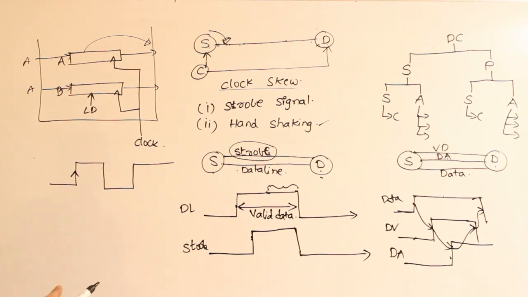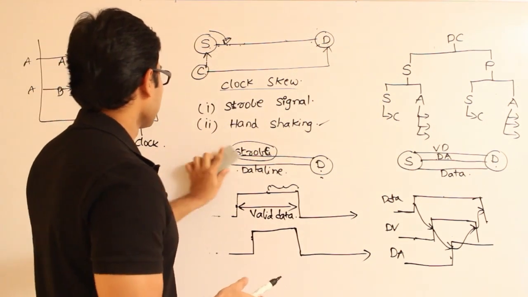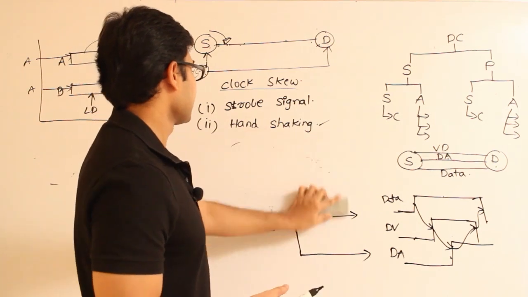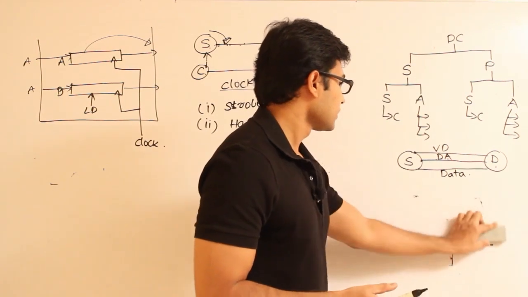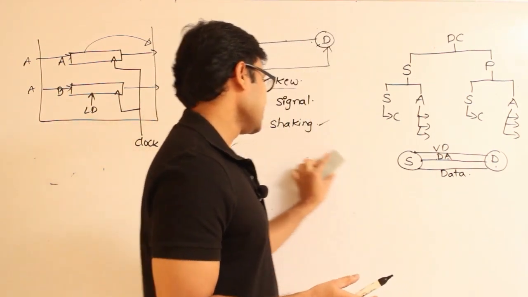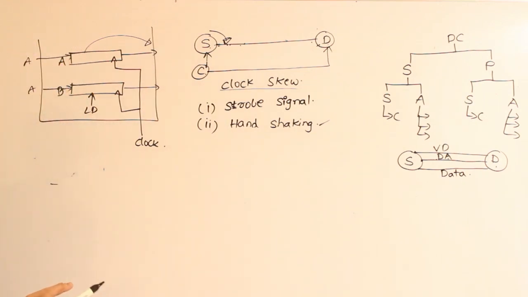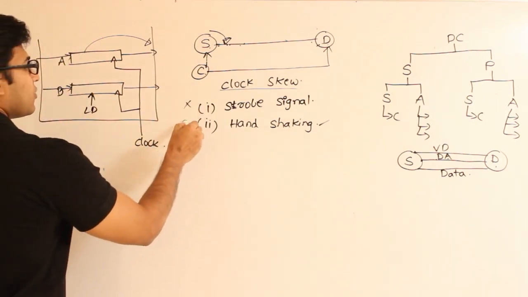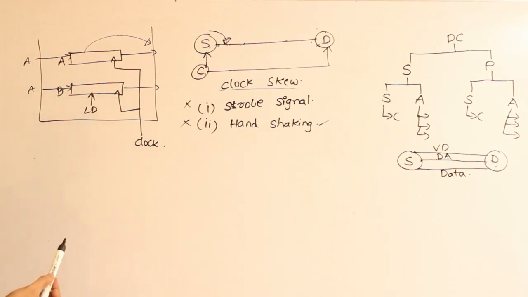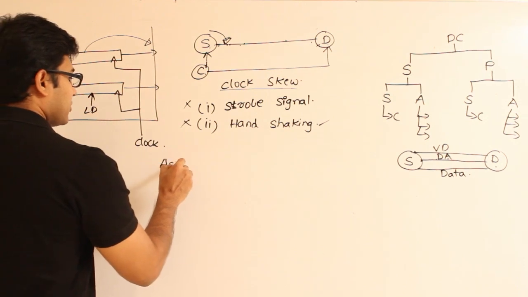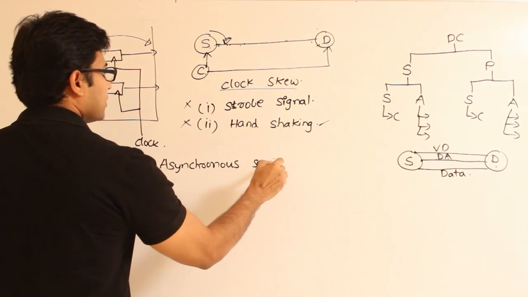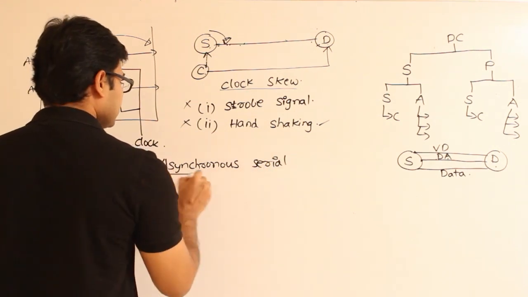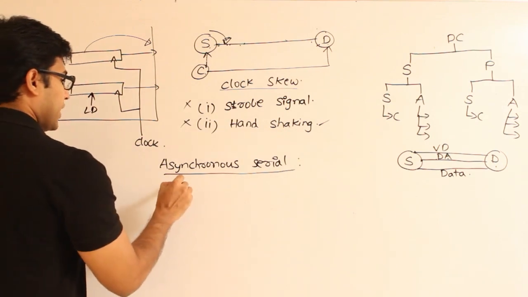So for that reason, we can use one other method. So strobe and handshake is simple, right? So let's use the other method. We are not going to use strobe and we are not going to use handshake. Now in this method what happens is, let's talk about a serial line. So we are talking about asynchronous serial transmission. Now assume that one character